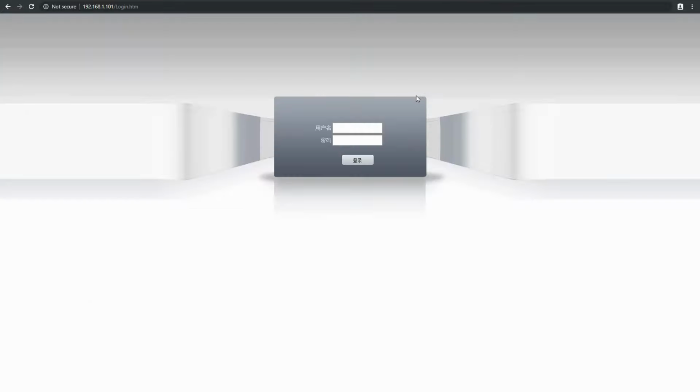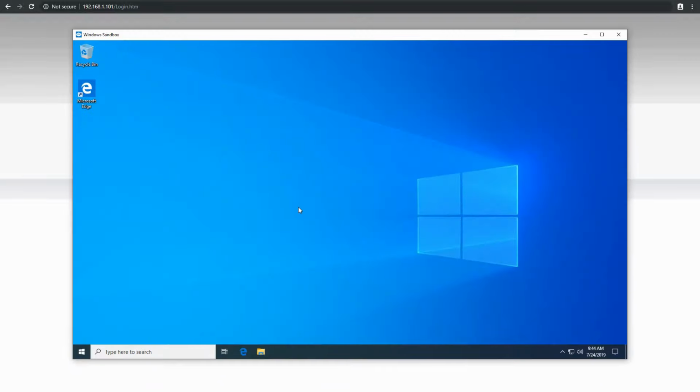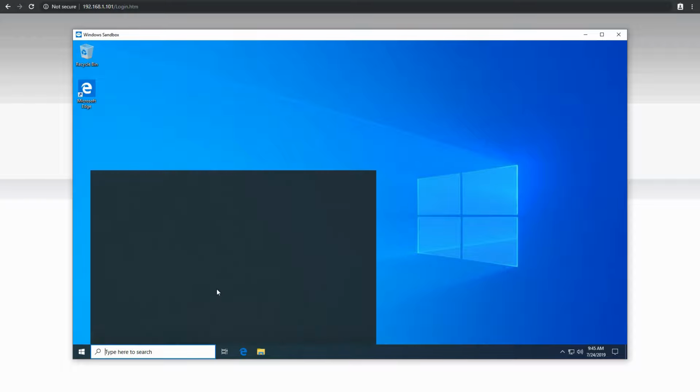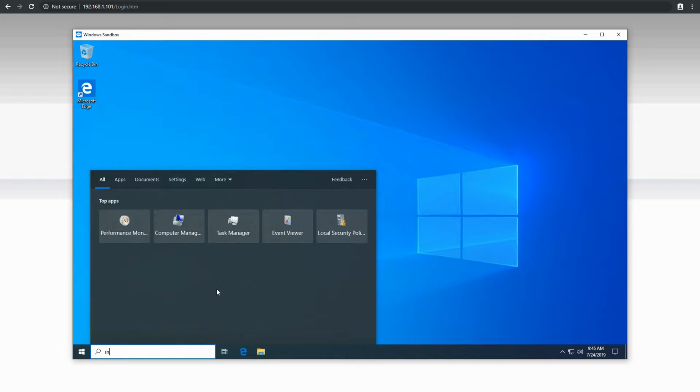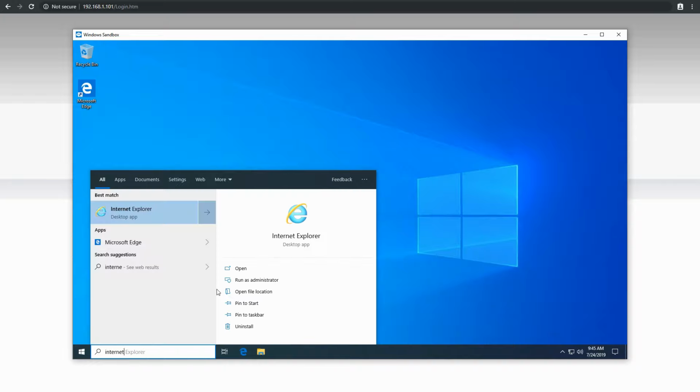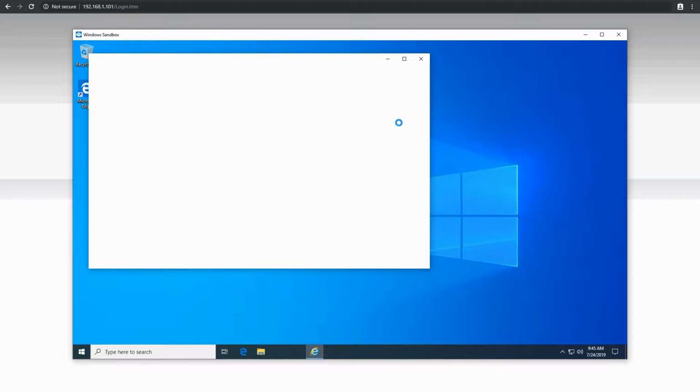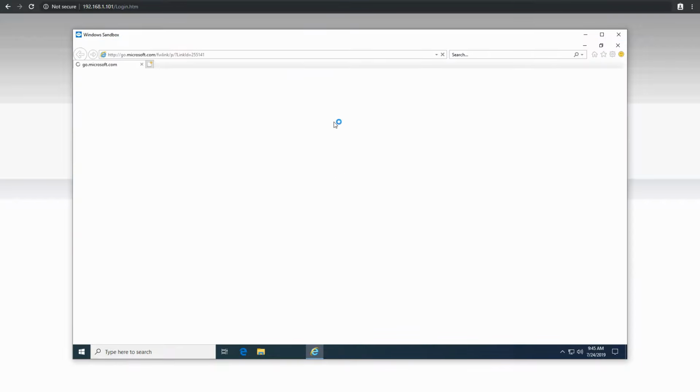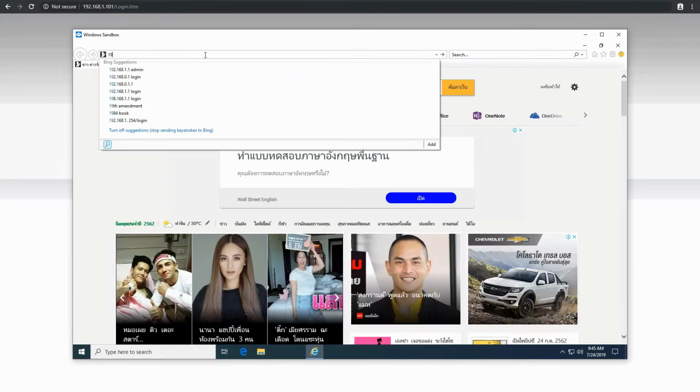So what we're gonna do here is go inside the Windows sandbox mode that came with Windows 10, and you will go inside here in the search. We will write Internet Explorer and hit enter. Maximize the screen. Now you can write the IP address